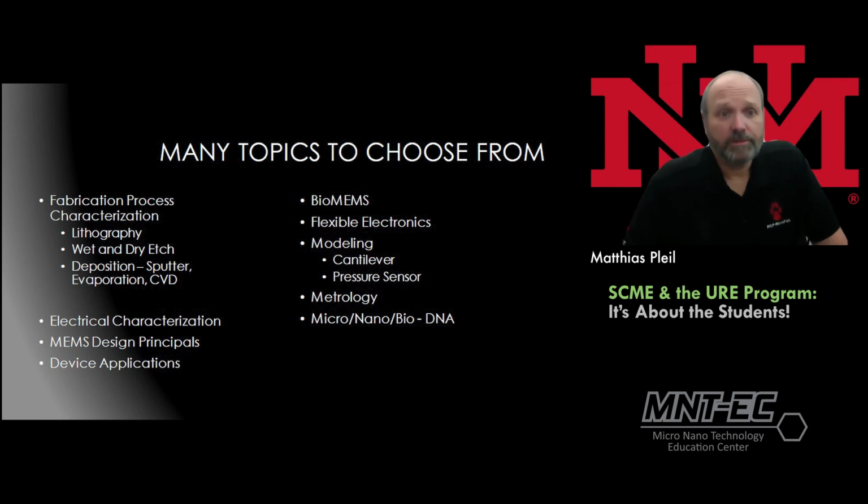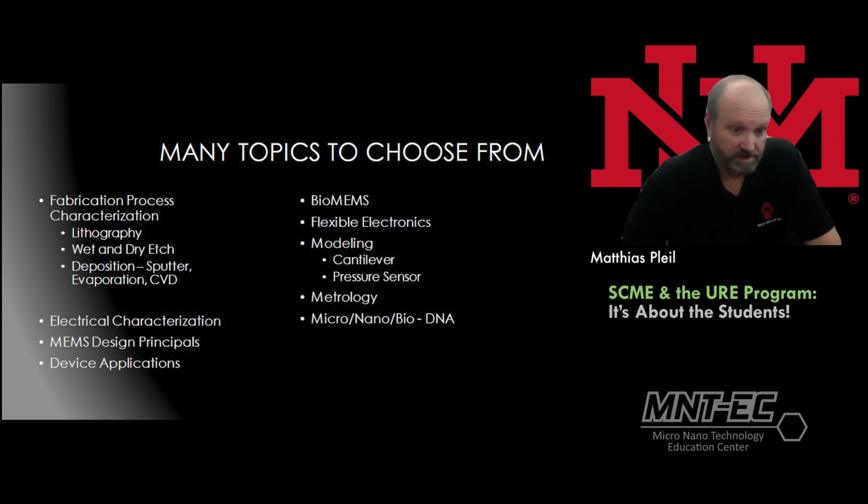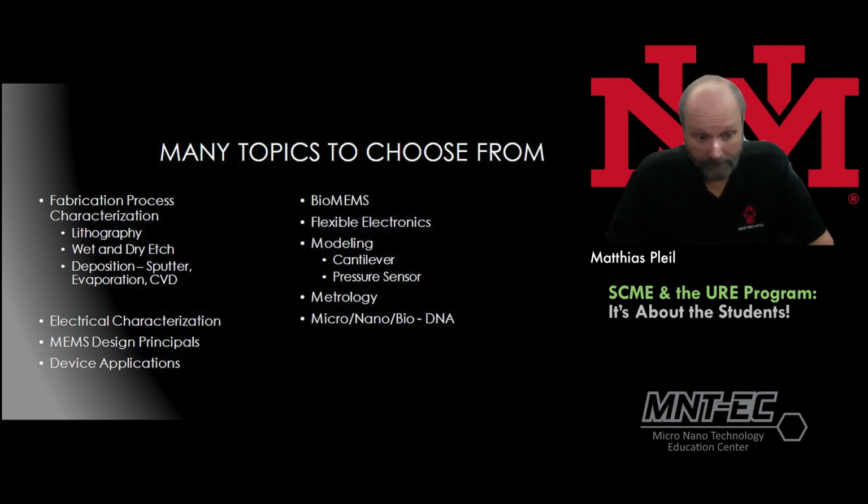So there's lots of topics the students can choose from. Of course, we've got fabrication processes and characterization associated with that. Photolithography, wet and dry etching systems, deposition, which includes sputter, evaporation, and CVD, which is chemical vapor deposition. We also have opportunities for students to do some electrical characterization, learn more about MEMS design principles, device applications, BioMEMS,